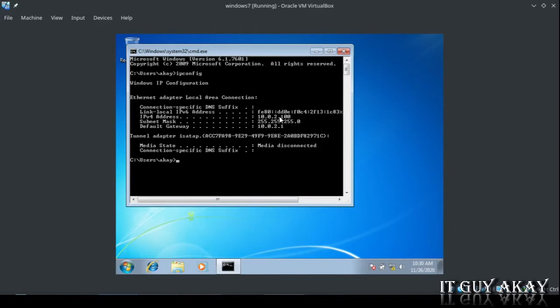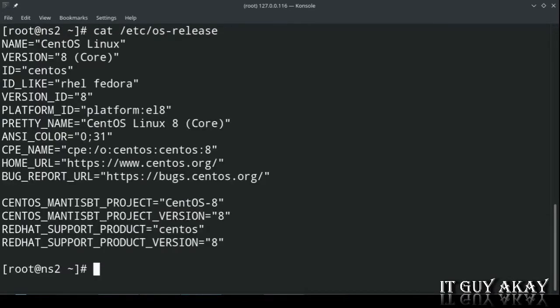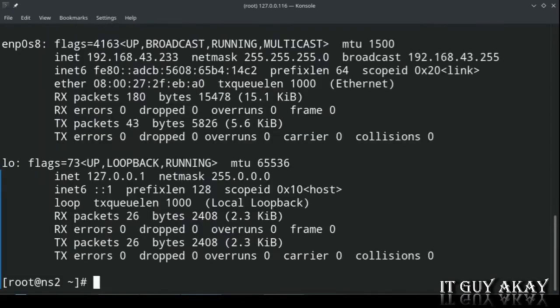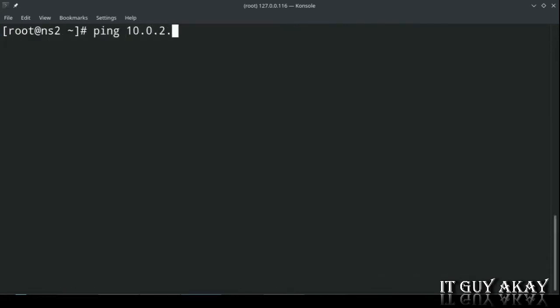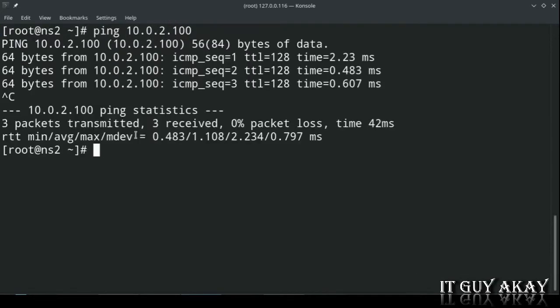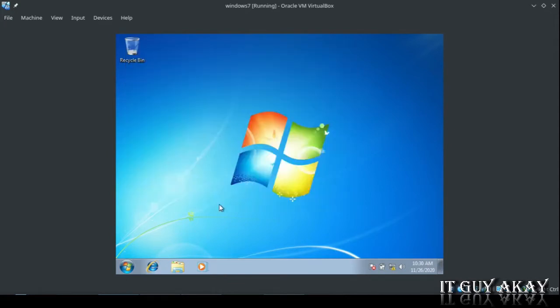So let's check the IP address and try to ping both machines. As you can see, I am able to ping both machines.